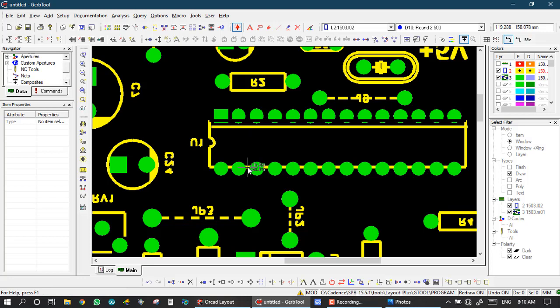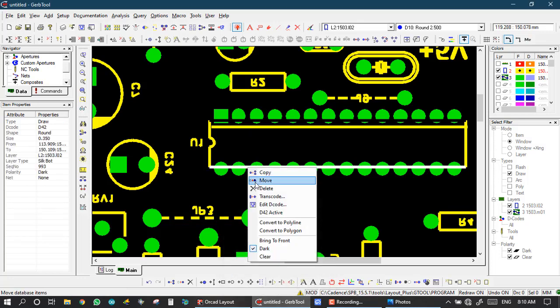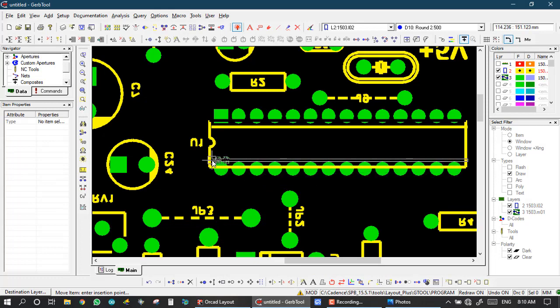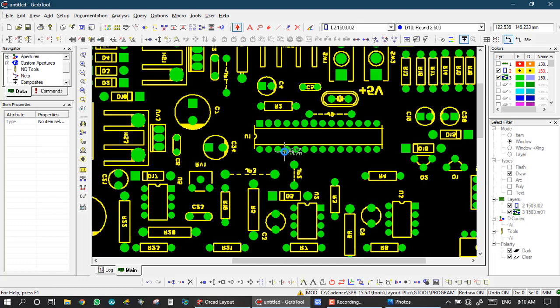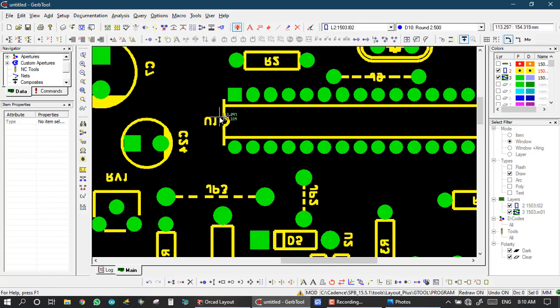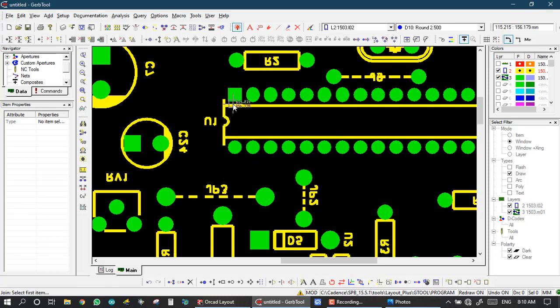We also take this line upside. Now I join this line by this function, line joint. Okay, enter.